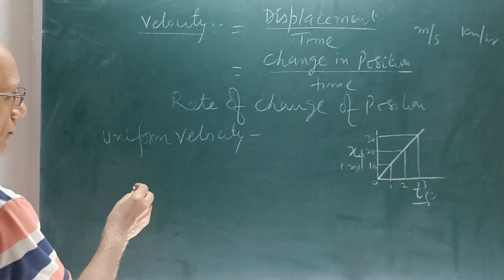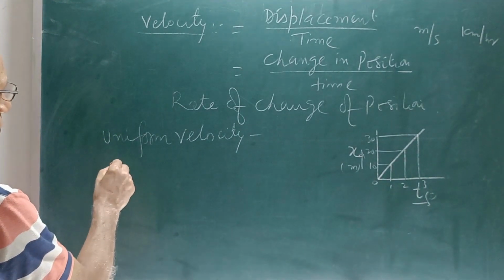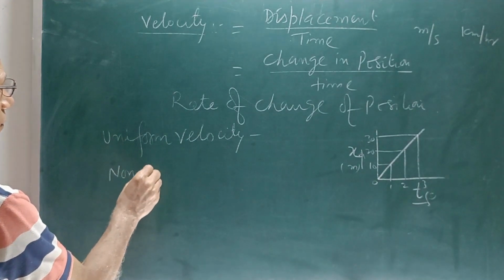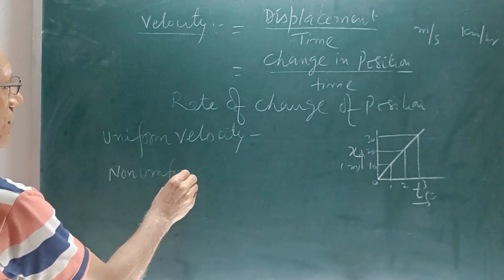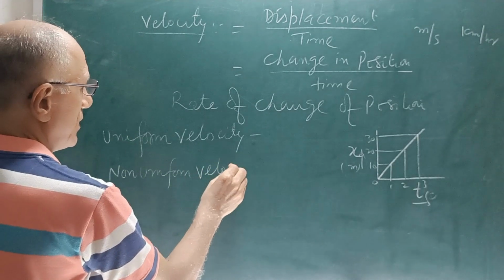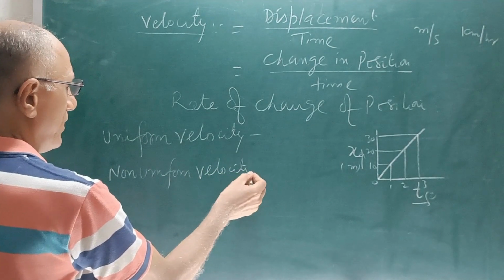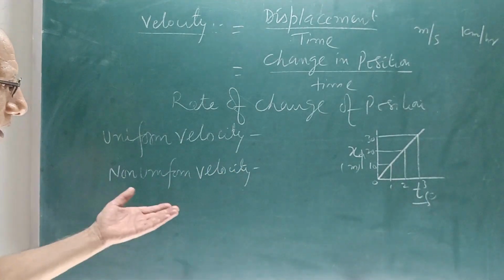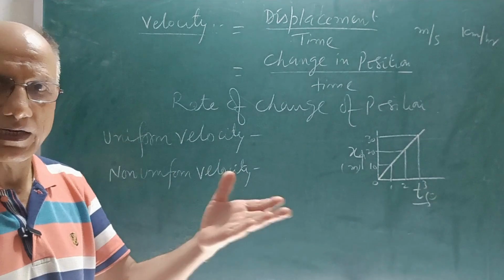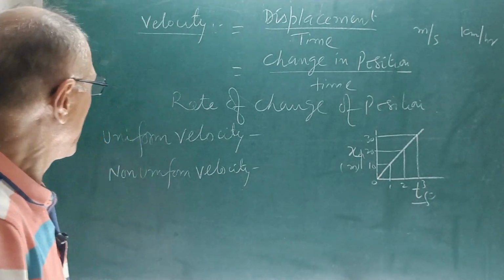Now we have non-uniform velocity. It's so simple. With the similar analogy you can define it again, and that's very good. Write down in your copy quickly. And it is